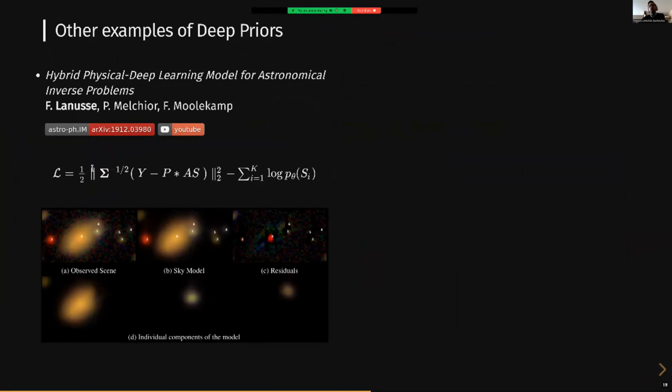So here, this is information about the noise that we know of the instrument. This is information about the point spread function of the instrument, something that we also know of. And one particular point that I want to make here is that these kind of artifacts that I showed you in this black box deep learning approach cannot show up here because we explicitly constrain the solution to be compatible with the data within the likelihood. So you cannot add to the solution a blob that is not present in the data.